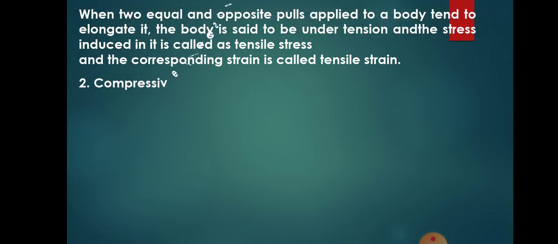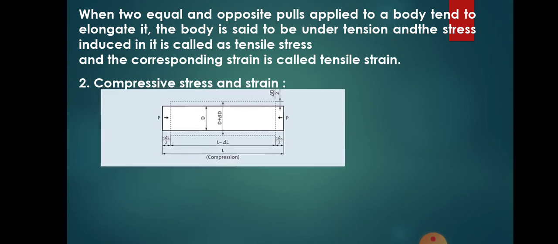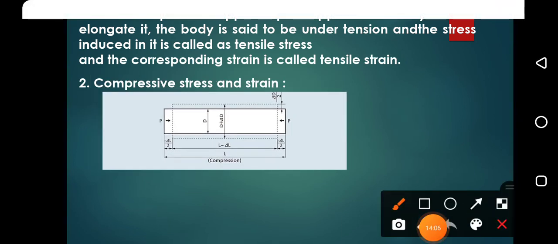what is compressive stress and strain? Compressive stress is opposite to the tensile stress or tensile strain. What happens here is the member is subjected to a pushing force. When the object is pushed by the external force, the object is reduced in the longitudinal direction, and it increases in the lateral direction, so it is opposite to the tensile stress. Let us see the figure for the compressive stress. So here you will look at the figure, it is a compressive stress.